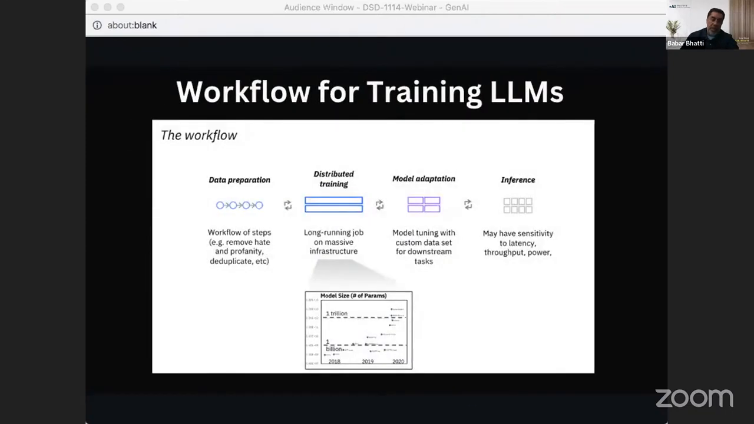So the foundation models that you saw before, and the large language models that are a subset of them, they are trained in a